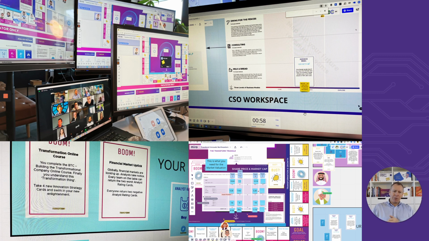In the upper left-hand picture here, you're actually seeing a laptop, with the Zoom where all the faces are on. Then you're seeing an iPad. Then you're seeing 3 different monitors showing slightly different parts of the overall digital simulation. Inside the digital simulation, you're going to find strategy canvases. You're going to find these boom and bust cards. You're going to find some pretty straightforward math you're going to be doing. But this is a digital immersive environment that we're going to be working in.